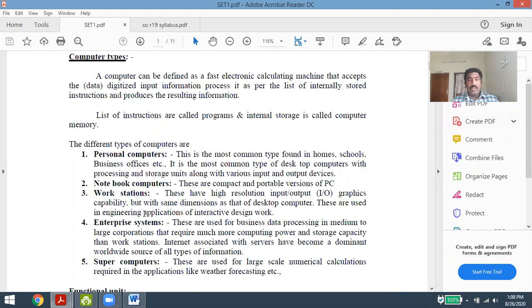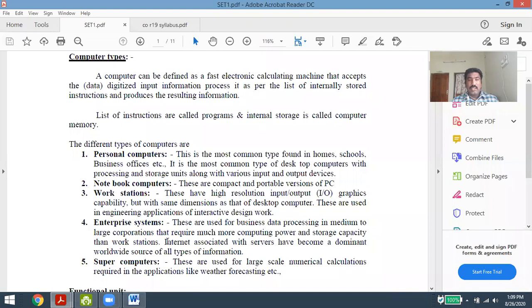So these are used to operate the systems with a high computation power, and also having a large storage capacity. Examples of enterprise systems are the applications we are using, let us take Facebook or any other application. There, where these systems are operated, entirely they can be called enterprise systems. And coming to supercomputers, they are used for large scale numerical calculations, like weather forecasting and autopiloting, etc. So these are the different types of computers.